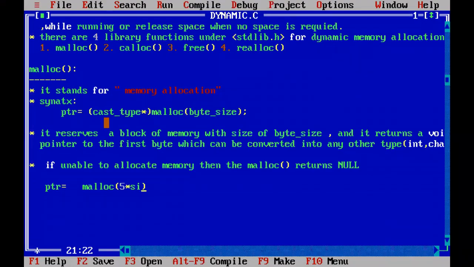So sizeof, I'm not going to give here 2, because each element is occupying 2 bytes, because all 5 elements belong to integer. If all 5 elements are character elements, then each will take one byte of memory. 5 multiplied with one byte, 5 bytes are enough for character elements. But these 5 elements belong to integer, and for each element 2 bytes, totally 10 bytes of memory we require to store the 5 elements.